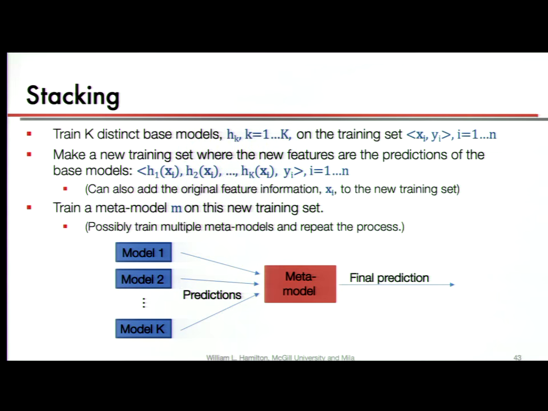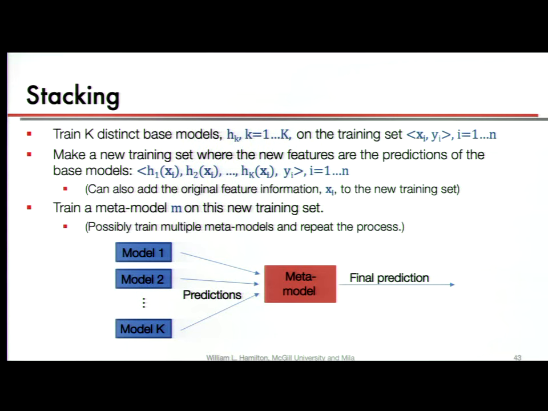Our features are the output, the probability the model assigns to it, and we can even concatenate all of this with the original feature vectors if we want. So what we end up with is that we're basically using a bunch of models to derive really complicated new features. And these are obviously going to be pretty good features, because if one of these models got, say, 80% accuracy, well, we could get 80% accuracy just by using that model's output.